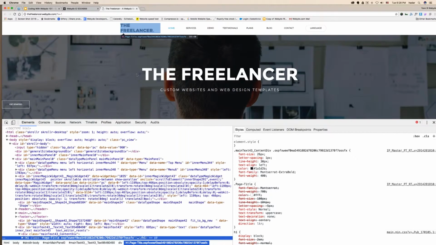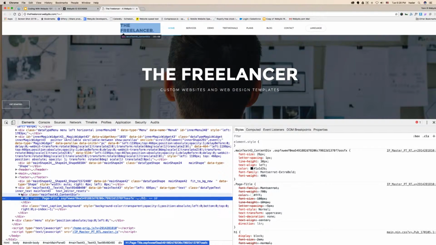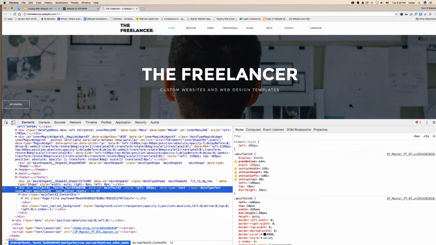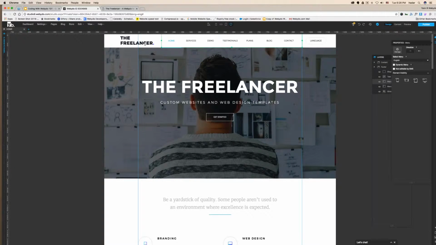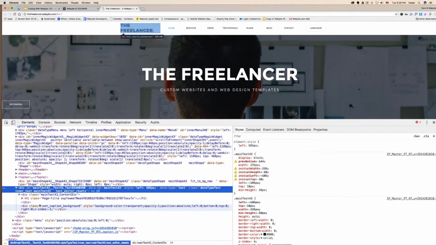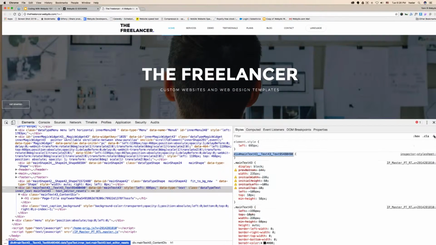Inspect. We said we want div ID, right? So div ID. There you go. And I know that it's a pinned element. Remember, this and this is a pinned element. Okay. Now, not only that, it's also repeated on all pages. Okay. So what I'm going to do, I am going to div ID main text, new style rule,